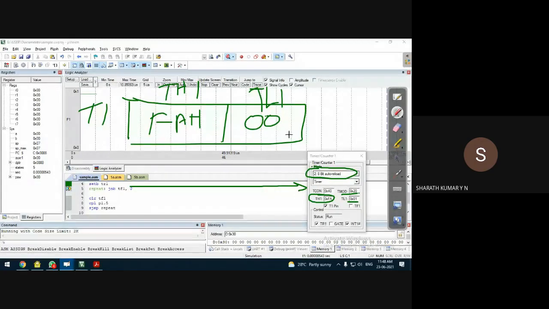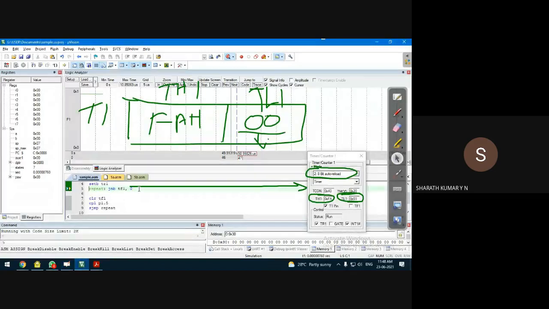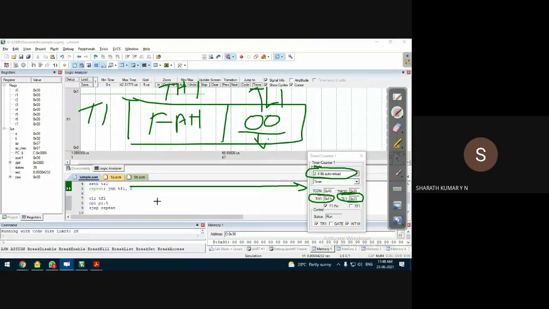Once the timer is started, the microcontroller will start with 00 only. Why? Because the lower byte is 00 by default. So that's why we see that the count starts with 00. You can observe that in this TL1, the count starts with 00. F11 on my keyboard, the count increments. So this goes up to FFH. Why? Because the initial value was 00, it goes up to FFH. Till it reaches FFH, it will execute the same line.